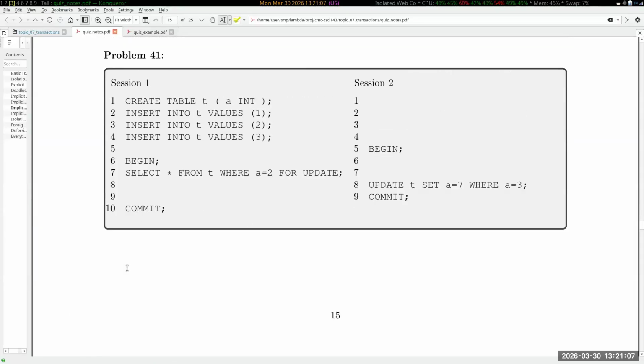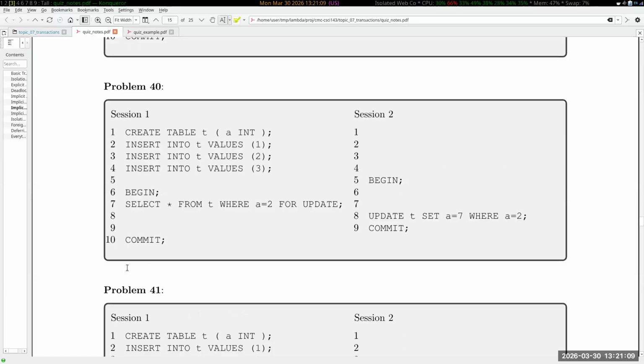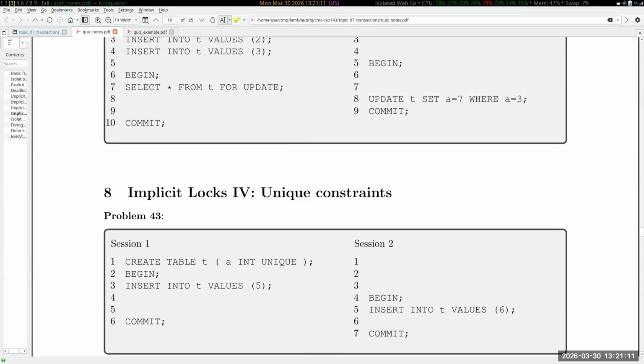And then we talked about the unique constraints. Without unique constraints, we needed 2 tables to cause a deadlock, 2 separate locking systems on 2 different tables. But with unique constraints, we can get a deadlock on just a single table. So